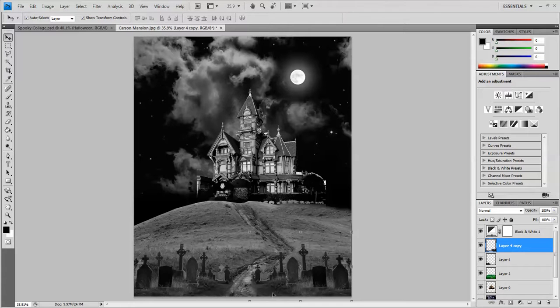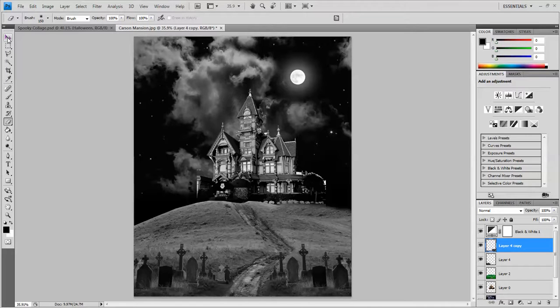But I'm also going to take the eraser, make sure it's fuzzy, and I'm going to erase this little bit right here that's covering the road. So that's good. They don't look exactly the same on both sides, so it's kind of not fake looking. Okay, so let's make some more